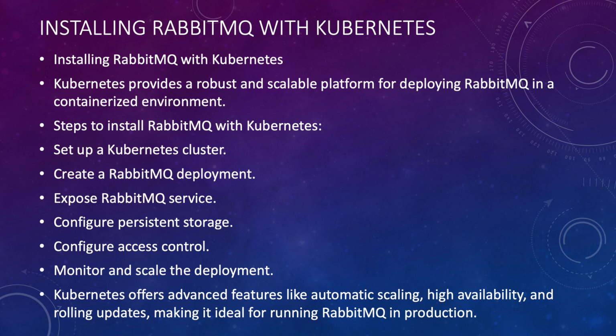Monitor and scale. Leverage Kubernetes' built-in monitoring and scaling capabilities to monitor RabbitMQ's performance and scale the deployment as needed. Kubernetes provides features such as automatic scaling, high availability, and rolling updates, making it an ideal choice for running RabbitMQ in production environments. By following these steps, you can effectively deploy and manage RabbitMQ using Kubernetes, taking advantage of its